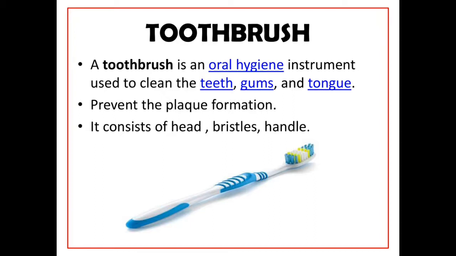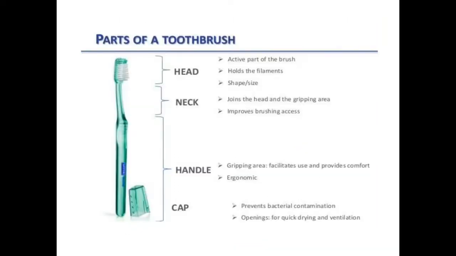It consists of the head, bristles and the handle. It was invented by China in the 18th century. From that time till today, a lot of modification has been seen. According to the American Dental Association, it should have a length of 1 to 1.5 inches, width of 5/8 to 3/16 inches. Number of tufts should be 5 to 12 tufts per row, and the number of bristles is 80 to 85